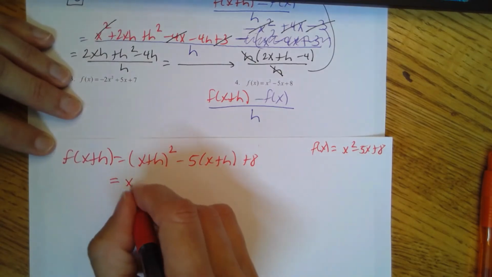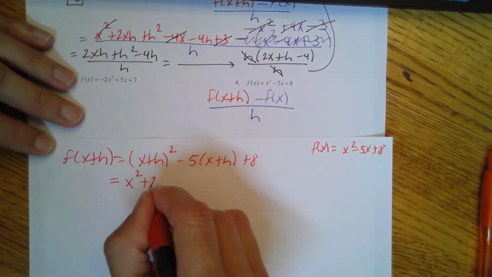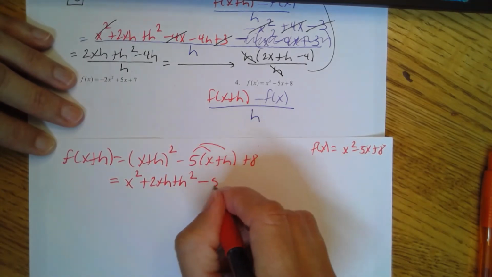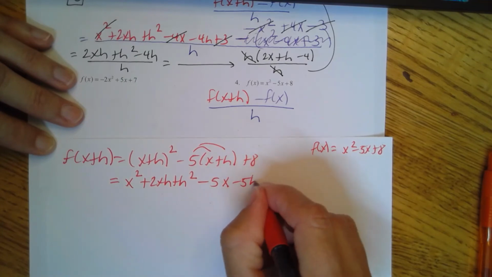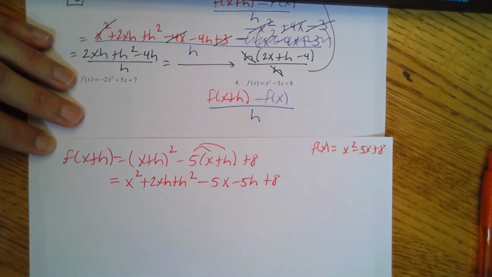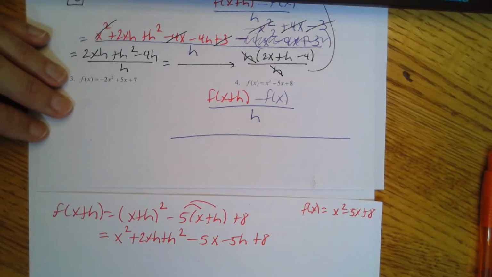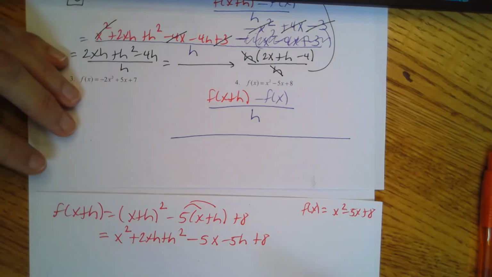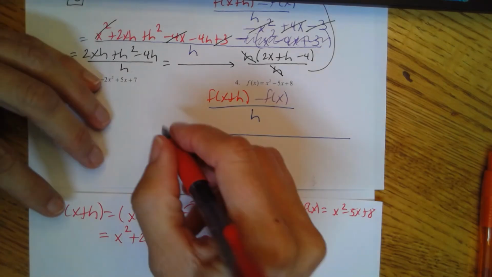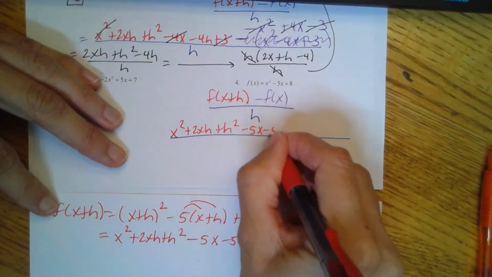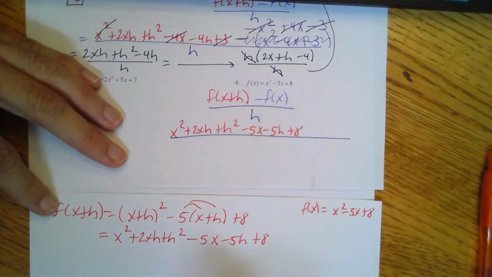So when I multiply that out, just like on the last problem, we ended up with x squared plus 2xh plus h squared. Distribute your negative 5, so negative 5x minus 5h plus 8. And that's the red part. So you'll be able to get to it a little bit quicker every time when you realize that x plus h quantity squared turns out to be the same thing every time. So x squared plus 2xh plus h squared minus 5x minus 5h plus 8